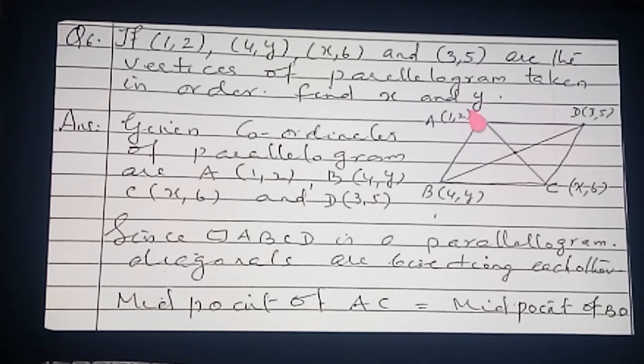The diagonal AC and diagonal BD are bisecting each other at a point. The meaning is that midpoint of diagonal AC is same as midpoint of diagonal BD. So midpoint of diagonal AC you know, no? You should write the midpoint formula here. I didn't write it, but in all questions, whichever formula you are applying, that formula you should write. Otherwise your half mark will be cut.